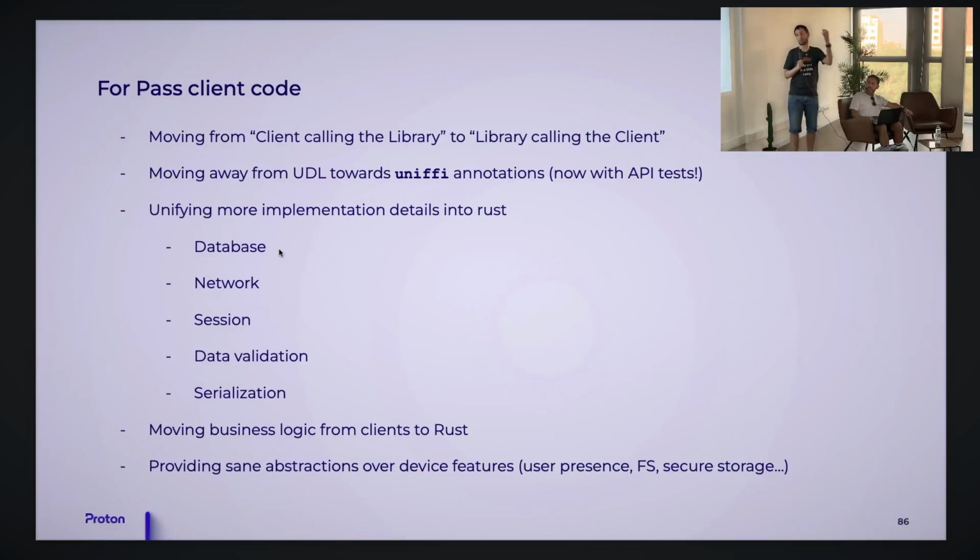And we would like to start integrating, as I have said, more implementation details into Rust, such as database, network, session management, data validation, which is one of the main things that we would love to do in Rust, because as of now, we have the data validation split through all the platforms, but we would love to do it in a single centralized place. And also serialization and deserialization. As of now, all the clients have a copy of the protocol buffer files. We would love to move that into the Rust library and allow one single serialization point for all the clients,